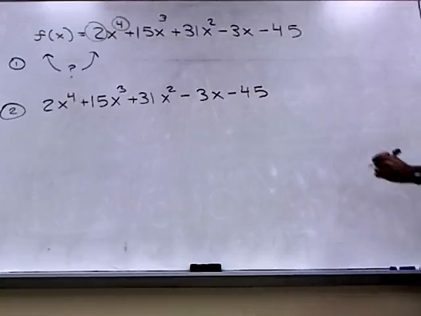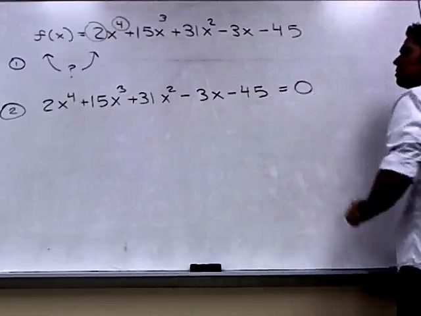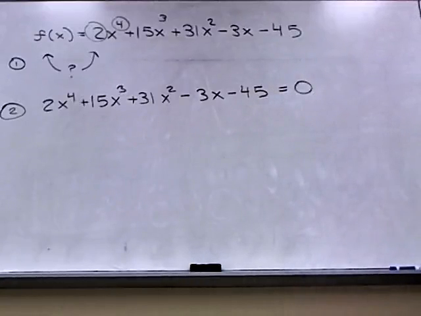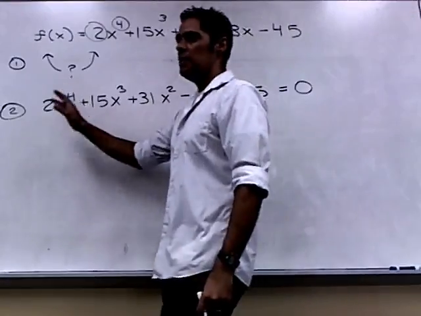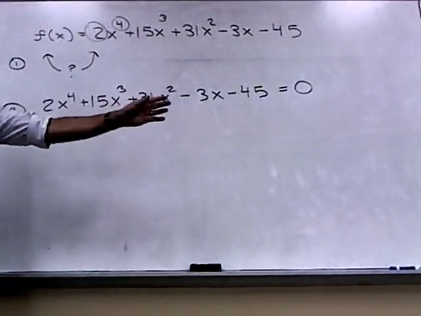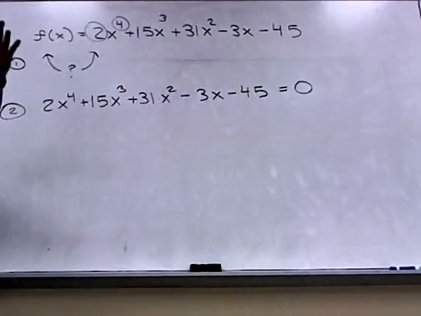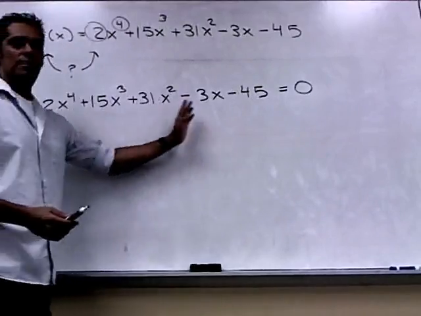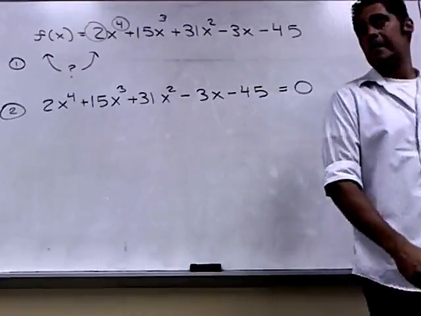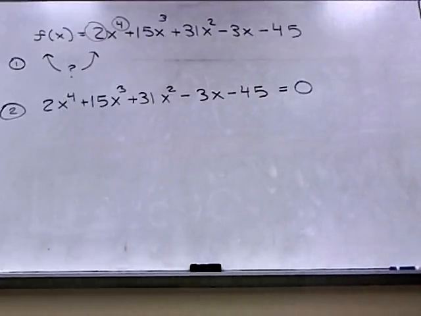So I'm looking for the x-intercept, so I set the function equal to 0, which means I need to factor a 4th degree polynomial that has 5 terms in it. I don't have a technique for that. I look for a GCF first. Always look for a GCF first. I don't have one though, right? Okay, if I don't have a GCF, then I'm left with